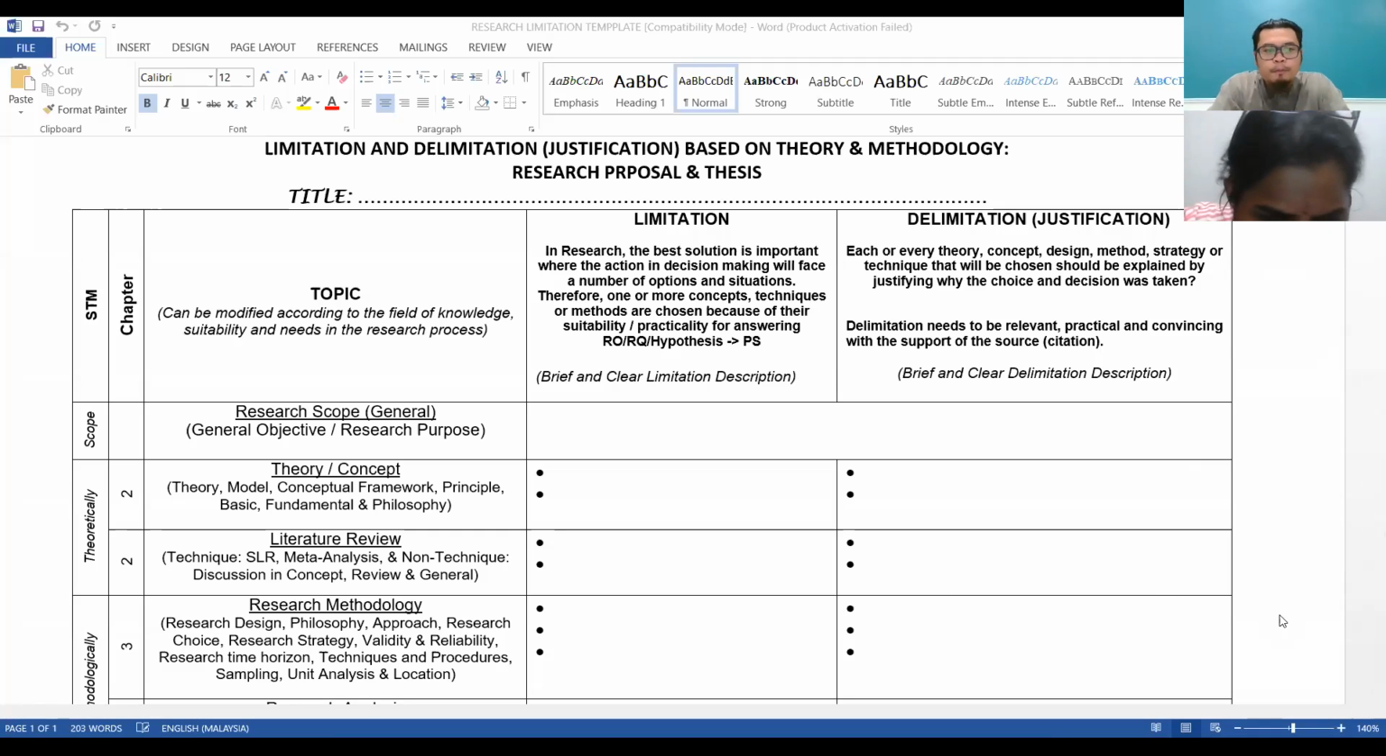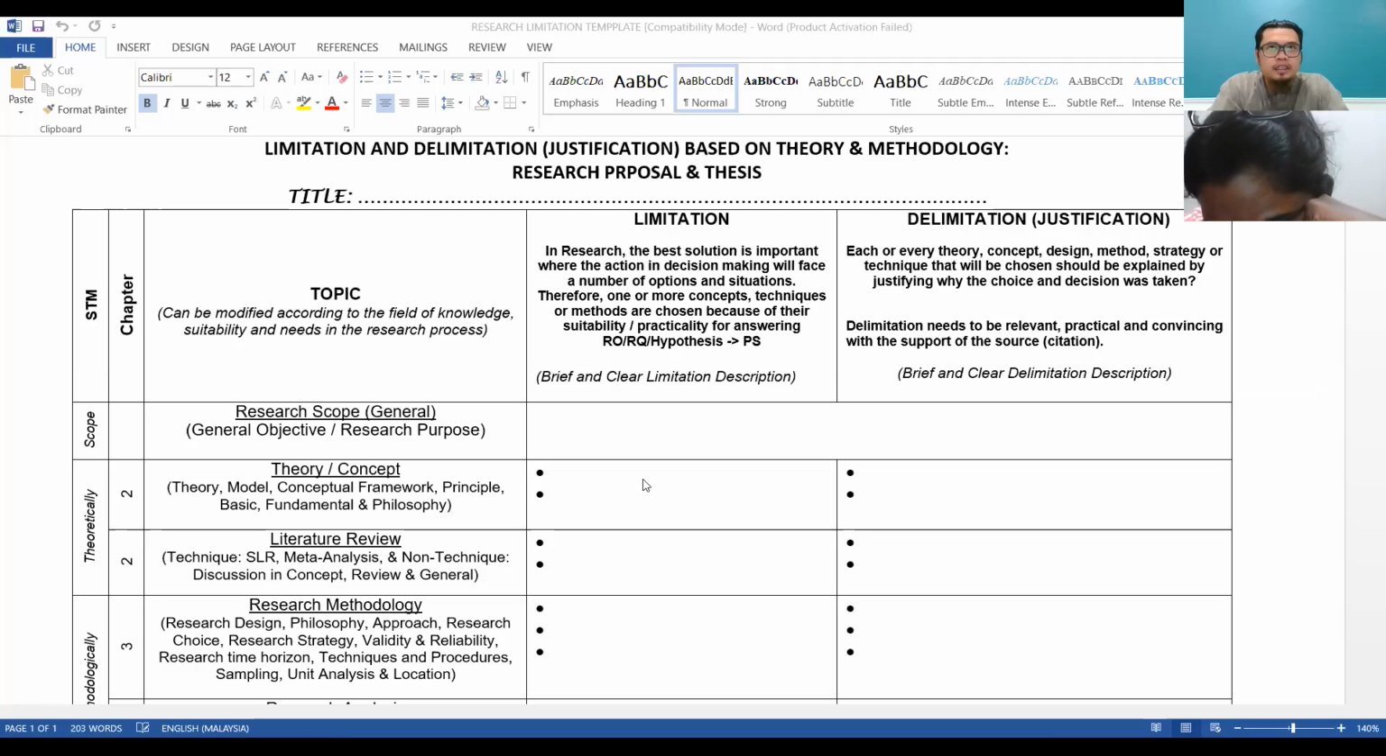Okay. We continue our class in business research methods. Regarding this week, I'm trying to share with you how to write limitations in your thesis. We have covered research background, problem statement, objectives, research questions,